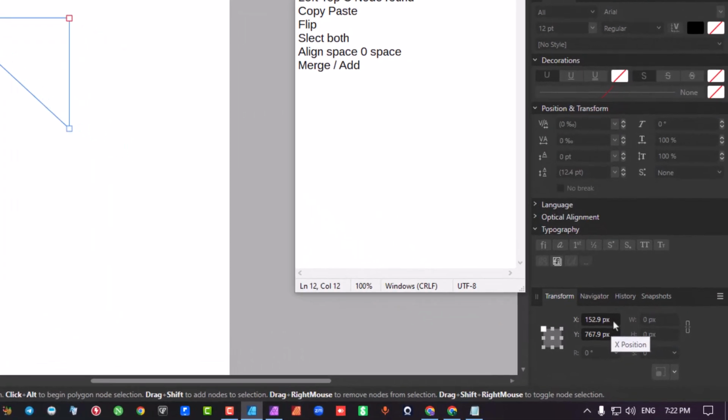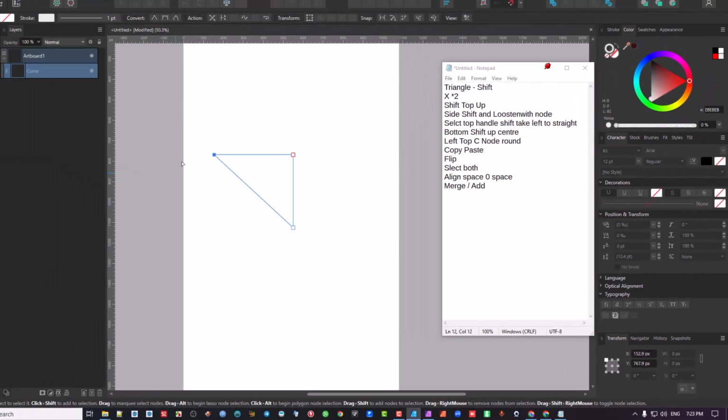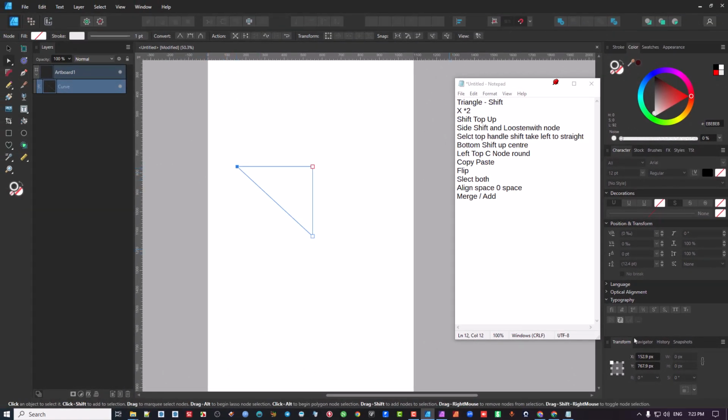By this time, if people are going like, oh no, my goodness, I don't want to go through all of this, that's fine. It's for people who want to start working out a system that they can replicate, so things are always the same. So this node here is on the X. We're going to move it on the X axis. So I just click on the side and click again so that I can be off that number, because I want to type